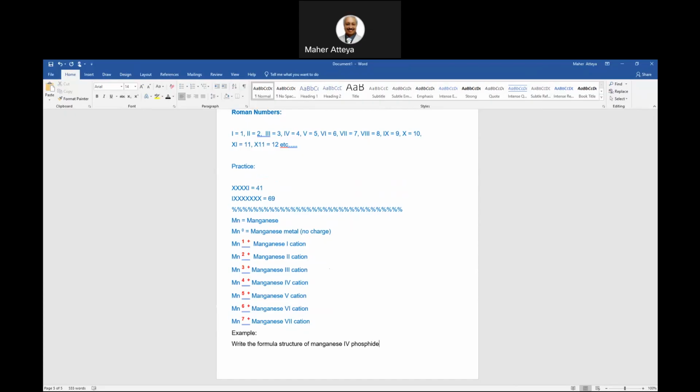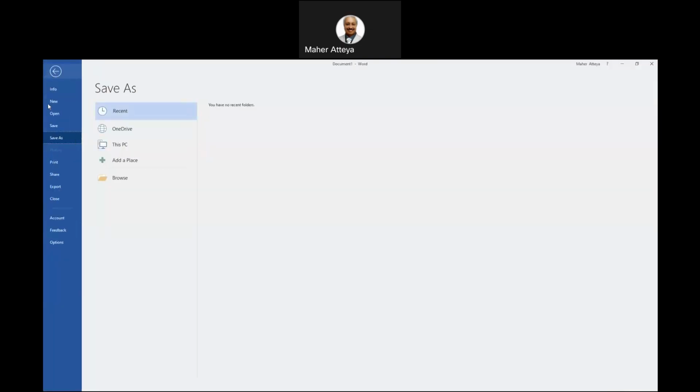When we come back on Monday, we'll know how to name this, and then we'll go for the covalent compounds, how to name them, and that will conclude the whole chapter. Correct? So I hope that will help. I'll upload this stuff to you guys. Save it as